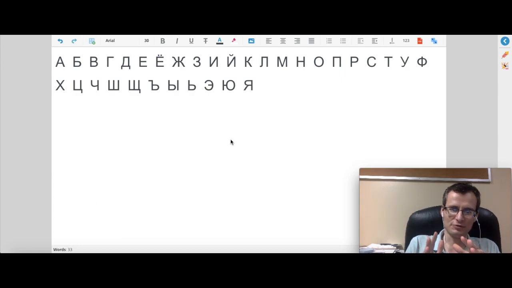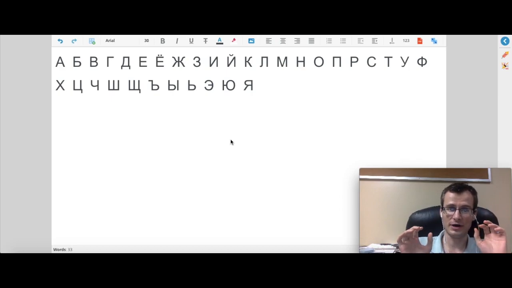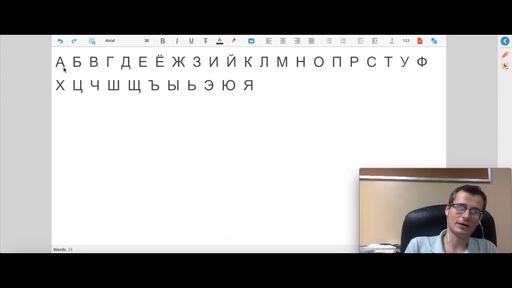If it sounds a little confusing, don't worry. In a few seconds, hopefully you'll have a clearer picture. But the first thing that I'll ask you to do is look at the alphabet and try to find 10 vowels. In Russian, there are 10 vowels. Try to find all 10 in the alphabet, and you can pause the video,